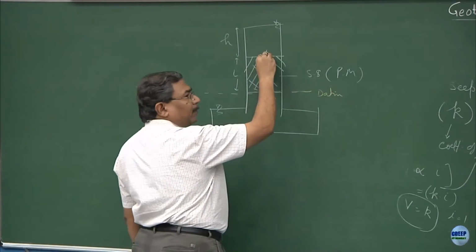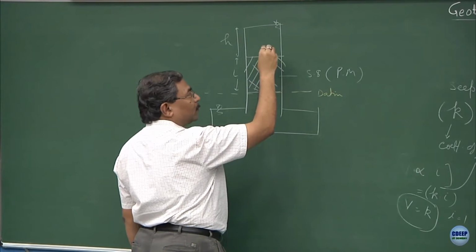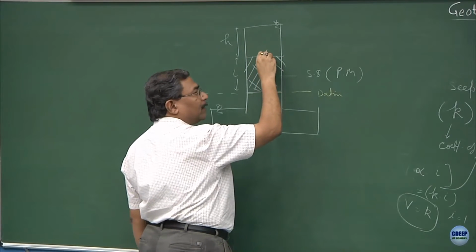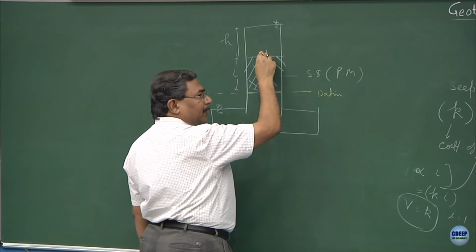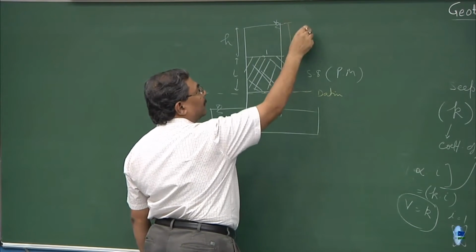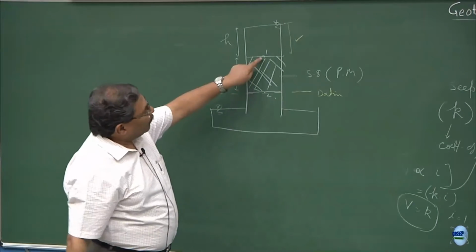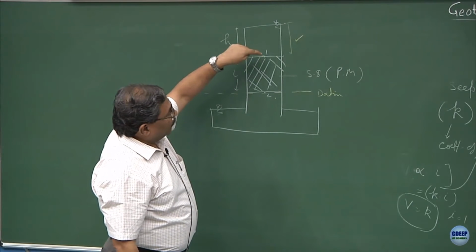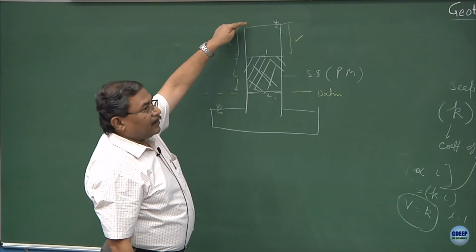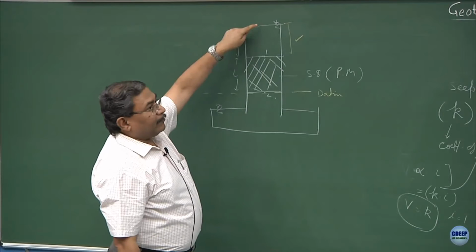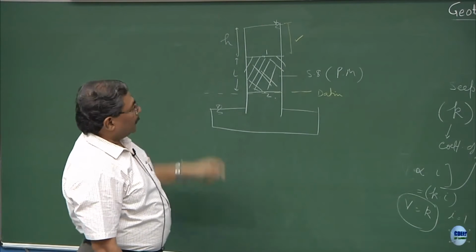Elevation head at point 1 is known. What you want is pressure head. How would you obtain the hydrostatic pressure head over it? If you put the piezometer here, this will go up to this height, clear. So, that means the piezometric head at point 1 is H. The piezometric head at point 1 is going to be rising up to the height H to equilibrate with the atmospheric conditions.